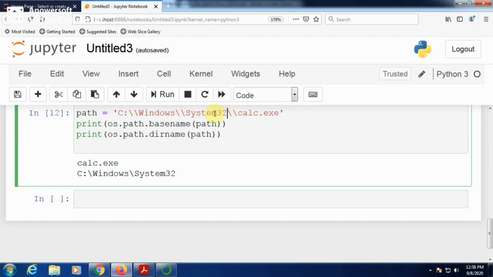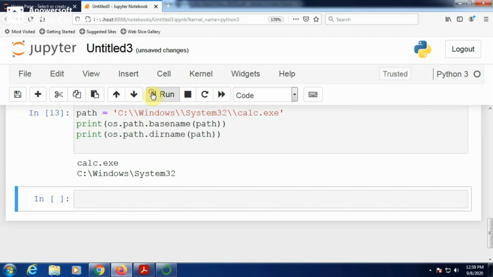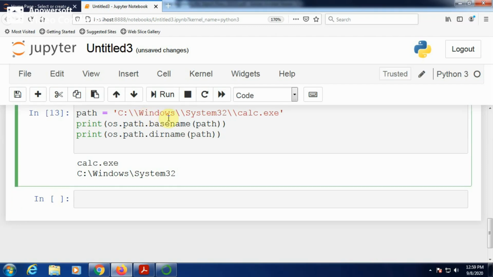See here, the content before the last slash is C Windows System32. It indicates the directory name of this path. So basename gives the file name, dirname gives the directory name of that path. If you run the program, the current path is this.